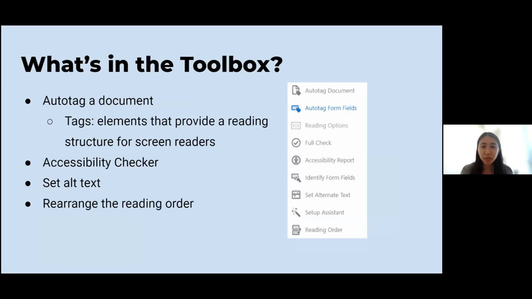It's also what determines a sentence to be a paragraph, a heading, or if something is an image that needs alt text. That's what a tag is. And a quick note: if you convert an accessible Word doc, so if you follow all the instructions that Tammy and Yurika provided,